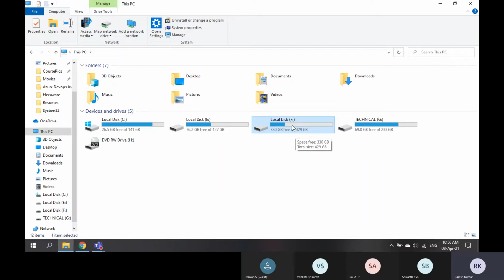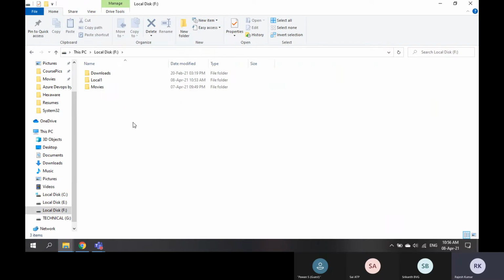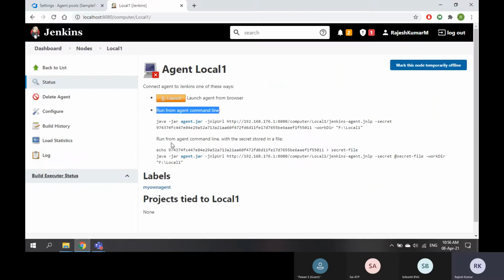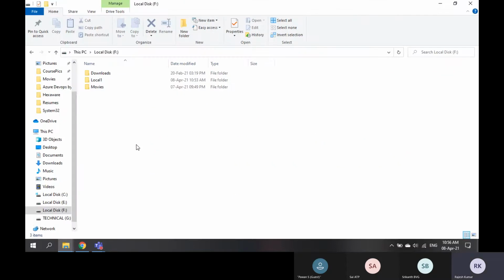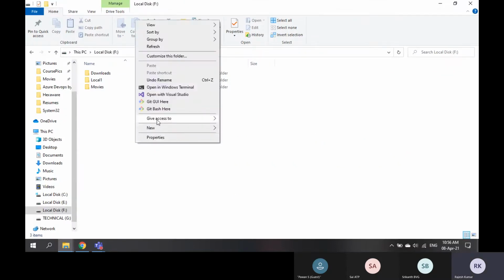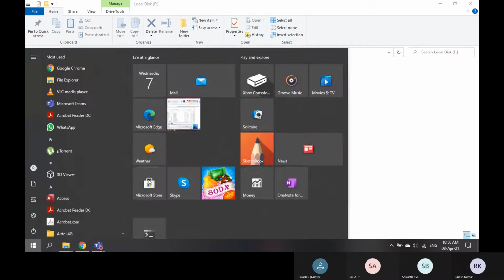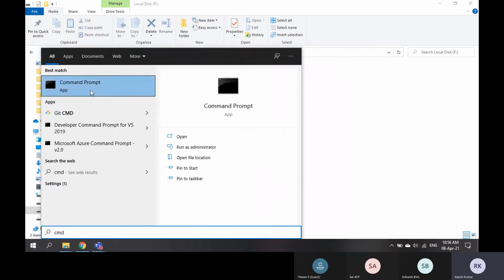We have seen how we added deployment groups or environments, just to have the script and go to the server and run it there. But here I'm running it locally. So now I need to take this code and copy it, and open the command prompt in administrator mode.